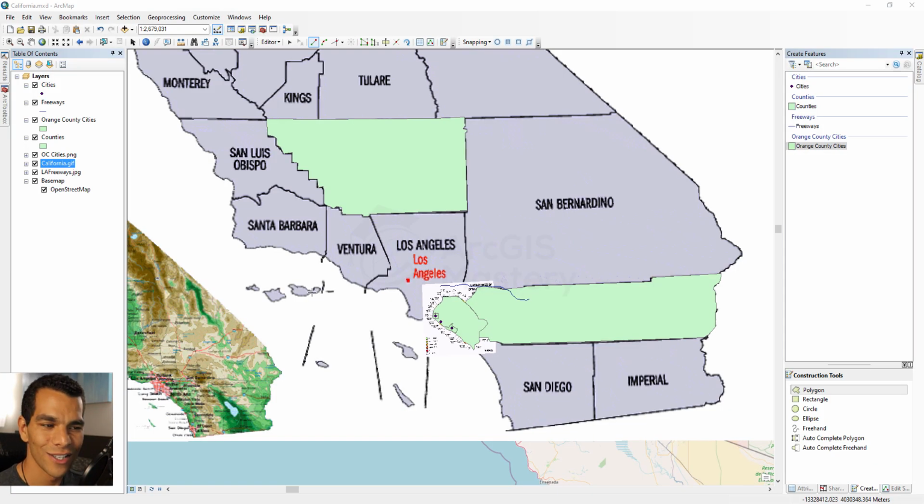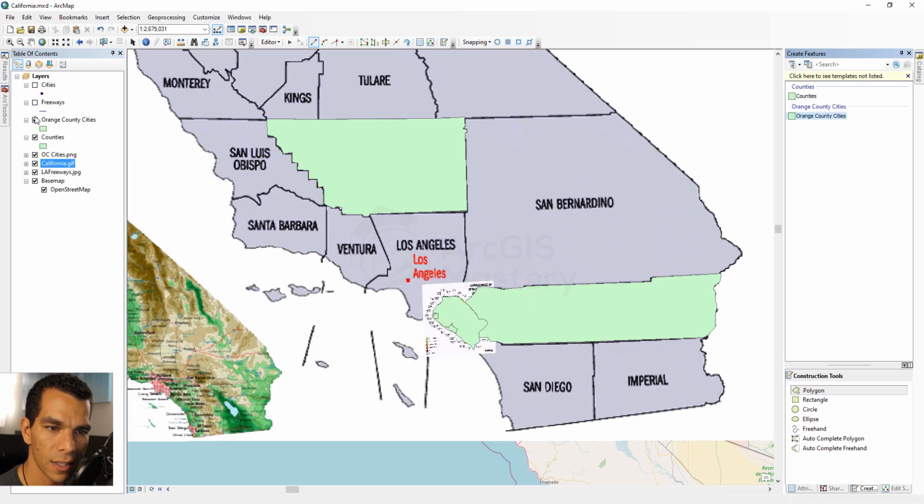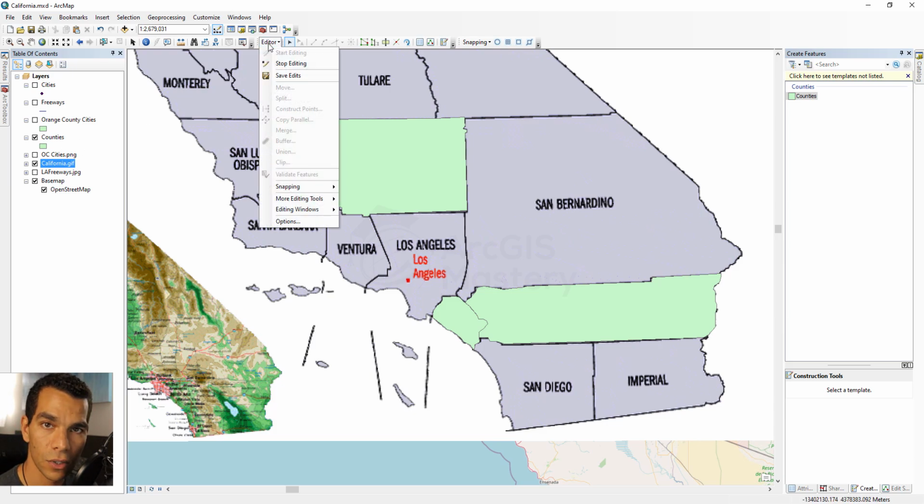Hello guys. So in this video we will add all the features that we need to add for the counties and for the cities and for the freeways. So here in our MXD we are going to start to draw all these counties in Southern California. So we are going to hide the cities, the freeways, and the Orange County cities, and we are only going to keep California and counties. So in order to start editing, make sure that you have your editing session started,